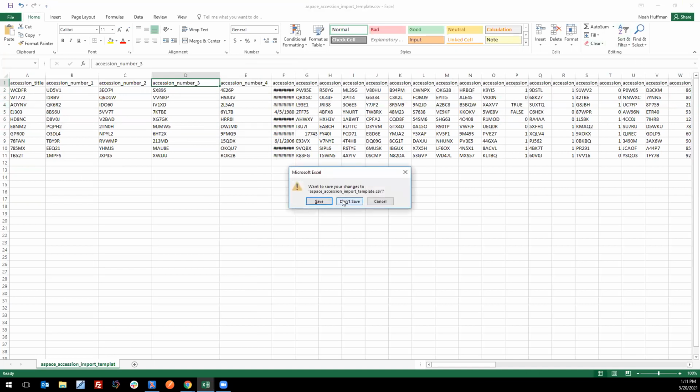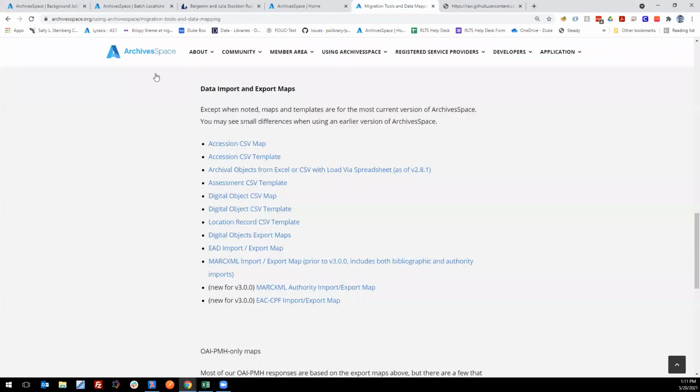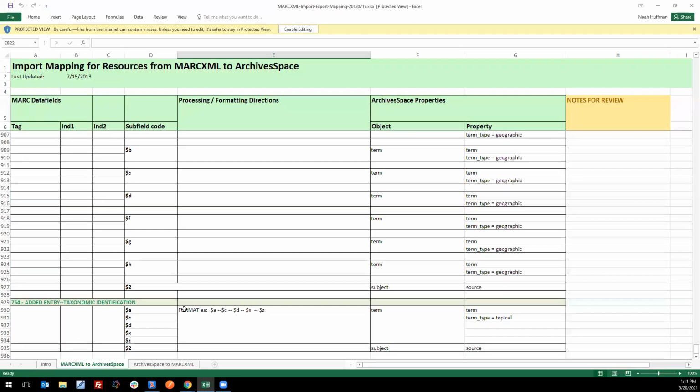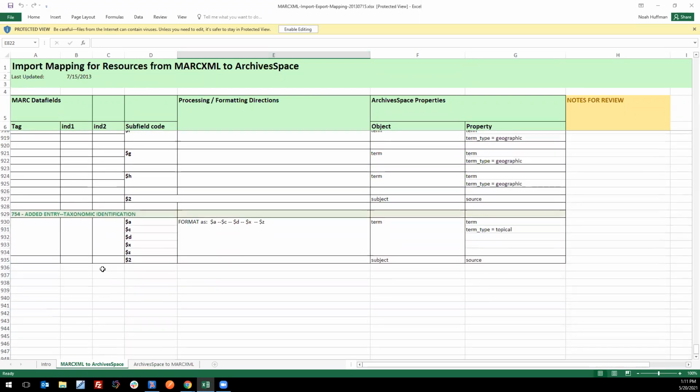So just know that on this archivesspace.org homepage, this is where all of these import templates and mapping documents live. Just to show you an example of one of the mapping documents, this is the mapping document for how MARCXML will import into ArchivesSpace. So if I were to scroll down here,